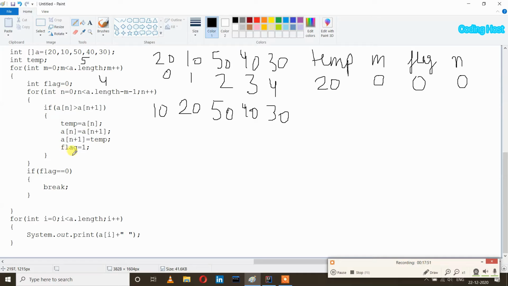And after that flag equal to 1. So flag will become 1. Whenever our values swap, the flag variable will become 1, otherwise it remains 0. And after that n plus plus. So now n will become 1, and now it will again check whether n is less than a.length minus m minus 1. So n is 1 and it is less than 4, yes, true, and now it will